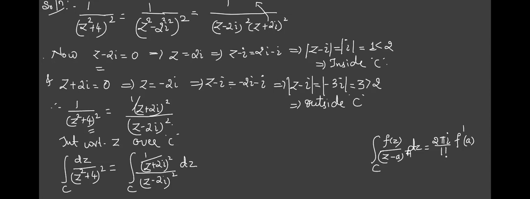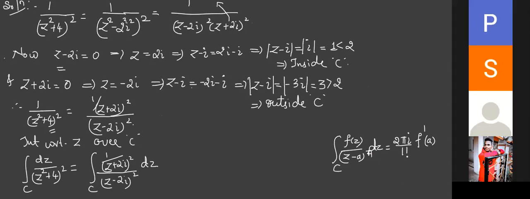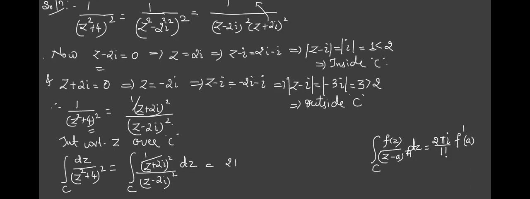Yes, ma'am. Some gap, no, during IA, I think 3 to 4 days gap. You have forgotten. Okay, now let us apply. So this is going to be according to the generalized Cauchy's integral formula. This is 2 pi i upon 1 factorial, then f dash of a. What is my a here? Which is the point? 2i. 2i, very good. The point is 2i. Denominator you have to check.